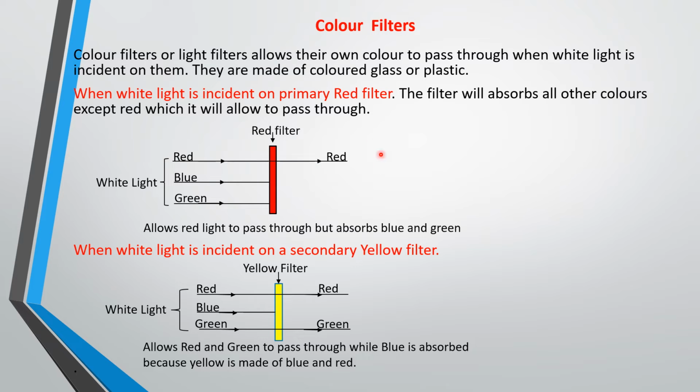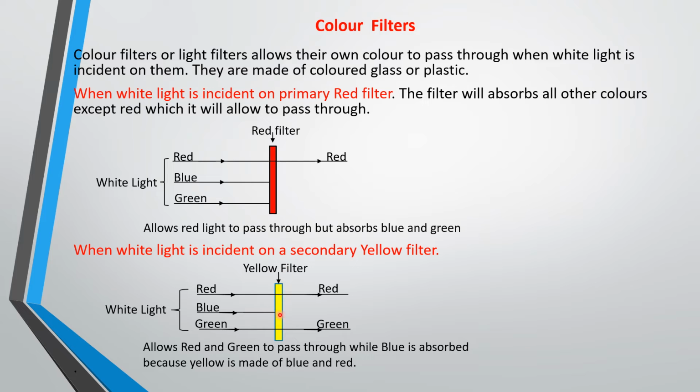And what this also tells you is that if you look at a red shirt in the sun, the shirt will appear red because the red shirt has absorbed all the other colors and it will reflect only red to you. That's why a red shirt will appear red under white light. Okay, even if you put a green one here too, green shirts will appear green because only green is allowed to pass through. That's why when you put on a green shirt, it will appear green only, because green is a primary color. But if you have a yellow cloth,